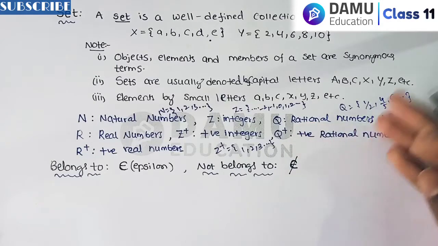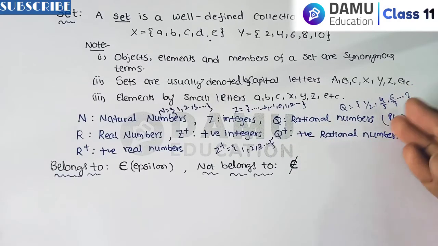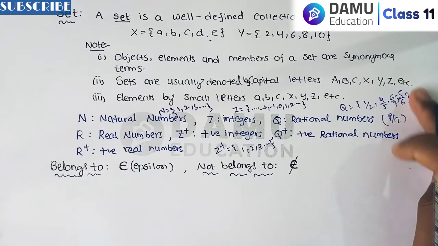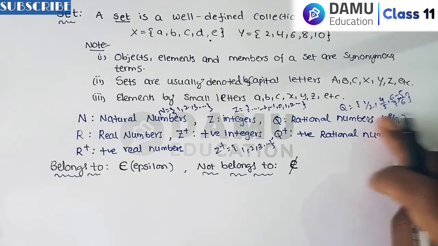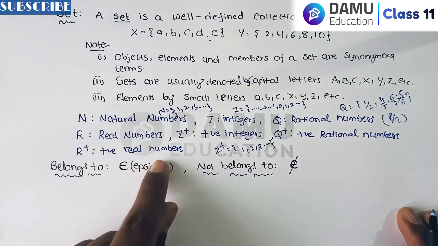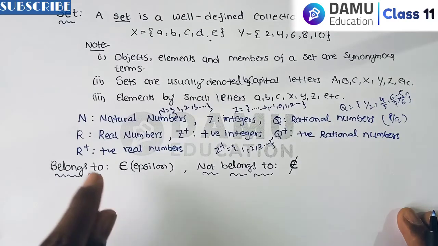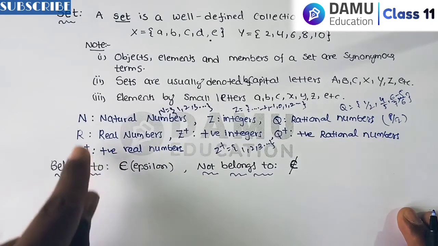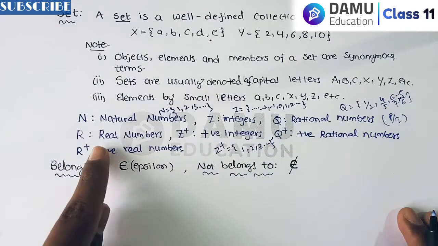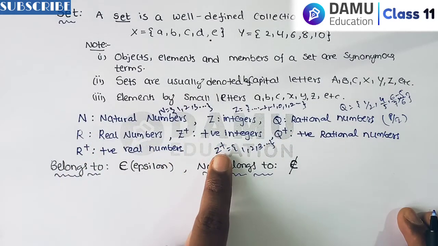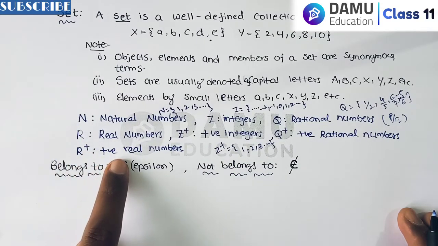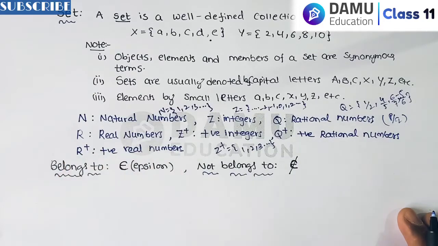So rational numbers may be negative also. Sorry for that. Here you can take it as minus 5 by 6 also. You can write P by Q or minus P by Q as a rational number. Positive means only positive rational numbers. Positive real numbers is a collection of all positive numbers. All numbers come under real numbers: natural numbers, integers, rational numbers, and all irrational numbers also come under real numbers. In that, if you take positive numbers only, that is positive real numbers.